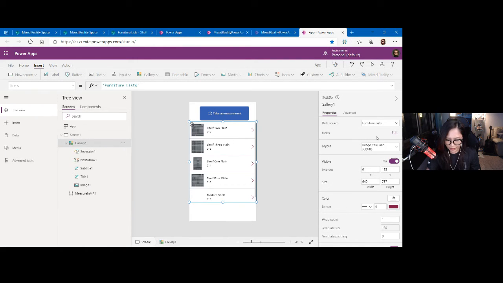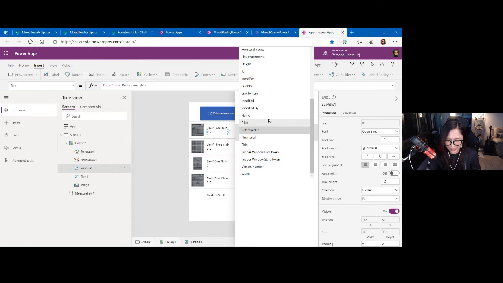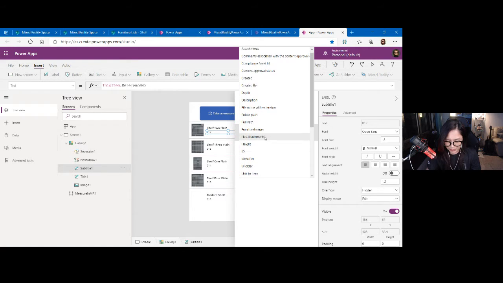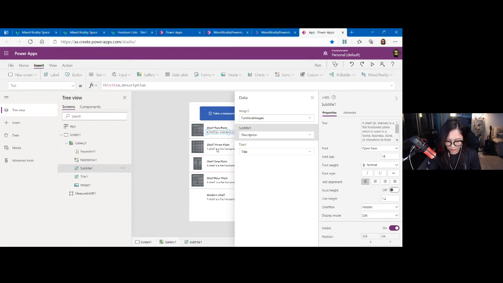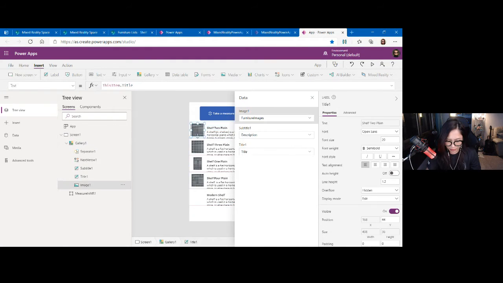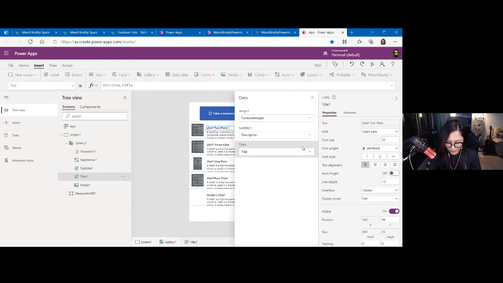And then what I need to do here is display the description so that it will be easy for the customer to view the description of this shelf. And then, wait, let me fix that one.